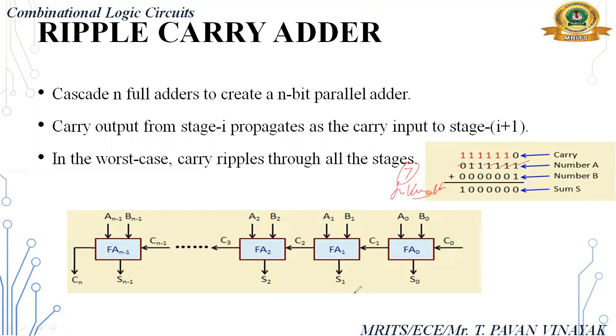Okay. The output may consist of how many bits? 7 plus 1 extra bit, that is the carry. Total 8 bits. To perform addition of two numbers, each of 7 bits, we get a maximum output of 8 bits only, right? That is an 8-bit addition. Okay, this is the adders, up to adders.